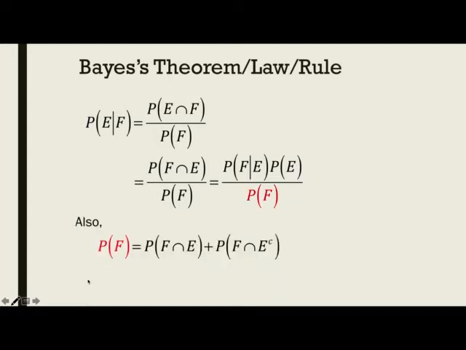There's one other key complexity, which is that sometimes we won't have the probability of F exactly. We'll have it in pieces, right? And so I want to point out, let's just quickly do a little Venn diagram here. If I've got my